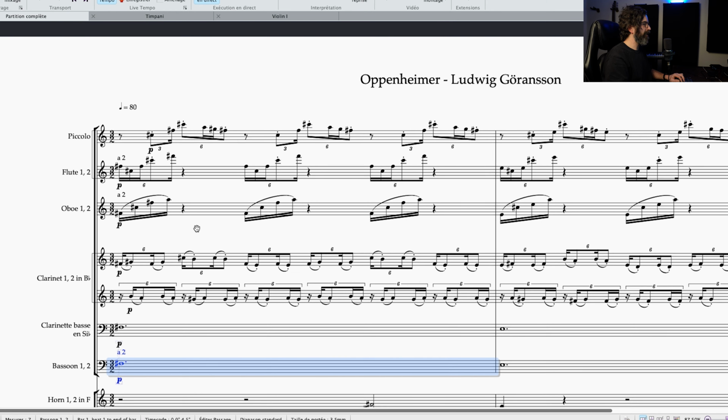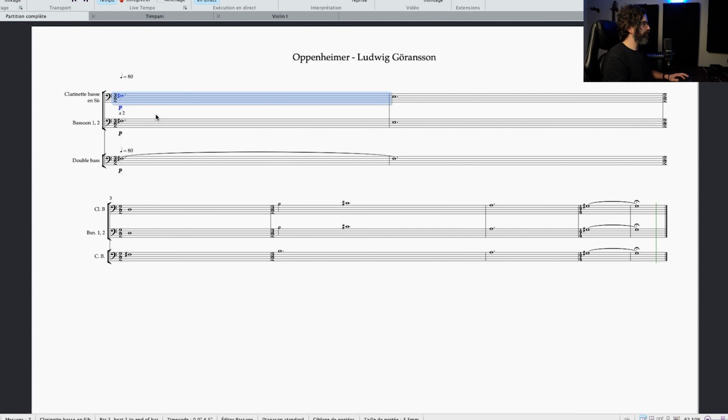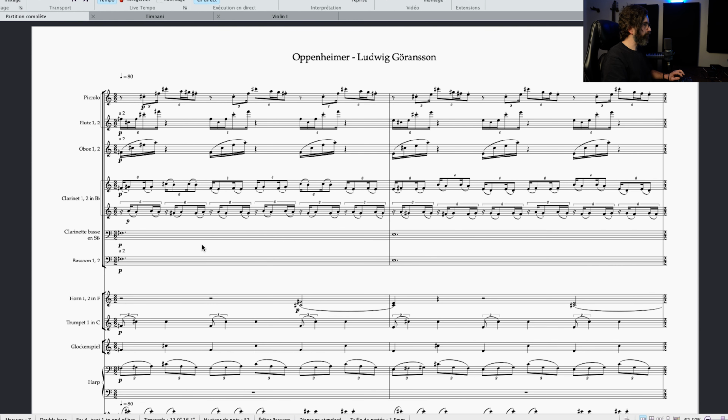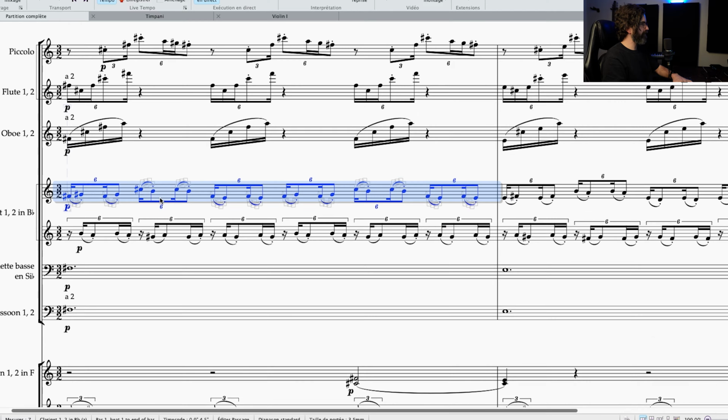So we're starting to have another layer that's going to be very good with our strings, that's going to create a lot more dynamism and add a lot of notes and interval possibilities. And now let's look at the rest of the woodwinds here. So I got my bassoons and bass clarinets, which are doing the same as my double bass and cellos. So this is a no-brainer, but let's see my clarinets now.